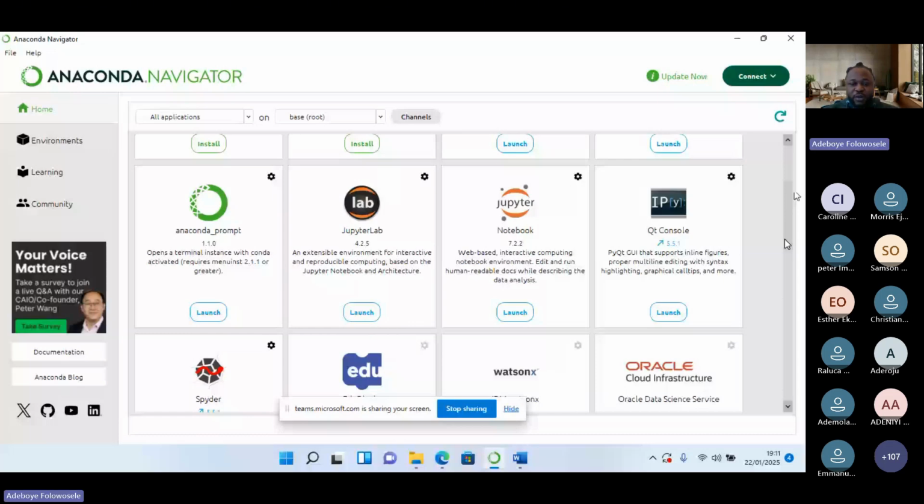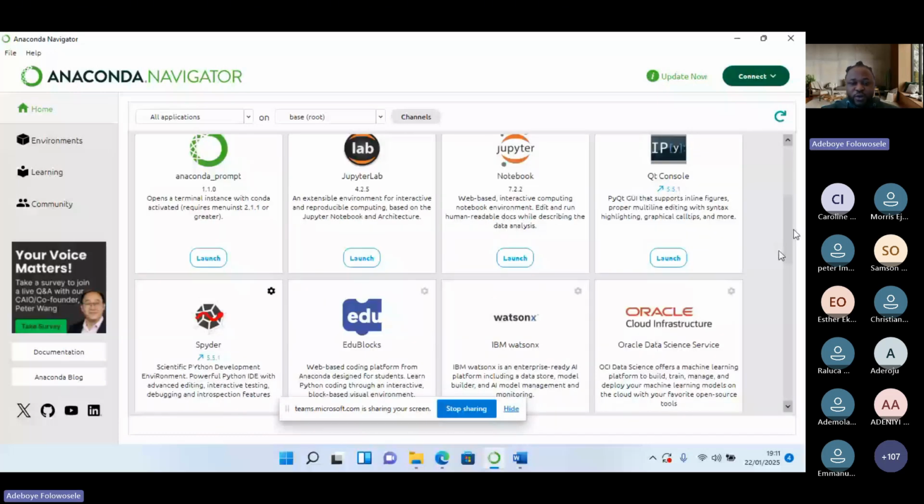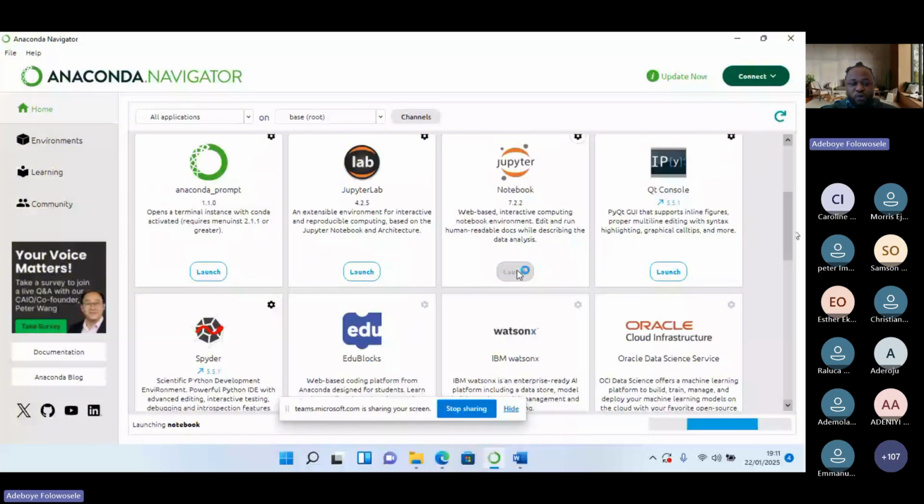So let me launch the Jupyter Notebook. When you click on it, it's going to launch in one of your browsers. While we are waiting for it to come up, let me use it to explain other platforms in which you can run